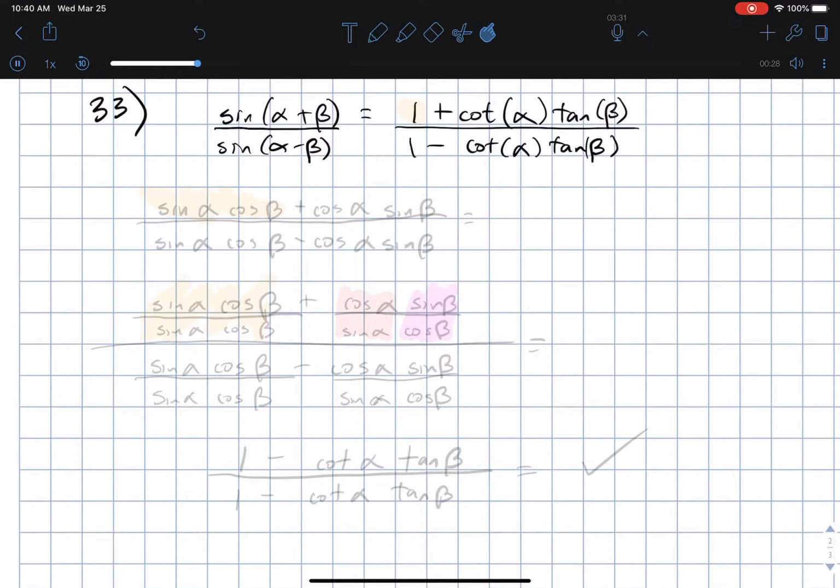So what that means is that I have to sing myself a little song. This is a sine problem, so I'm going to do sine, cosine, and a cosine, sine. And then on the bottom, I'm also going to have a sine, cosine, and a cosine, sine. And the angles go alpha, beta, alpha, beta, alpha, beta, alpha, beta. But on the top, it was a plus, and on the bottom, it's a minus because sine is polite and